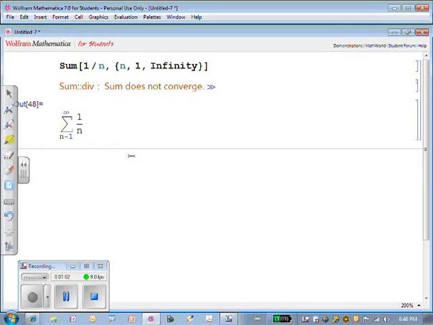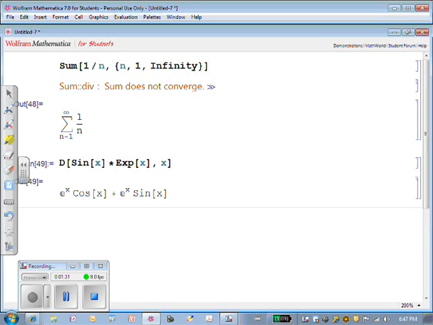Now, apart from series, there's a couple simple commands that might entice you to look more into Mathematica. It'll do all the calculus you need it to do. So, for example, if you wanted to differentiate, the command is just D. So I can differentiate anything I want. For example, if I want to differentiate sine of x times e to the x, and notice I'm throwing in a lot of syntax here, you have to put comma x to tell Mathematica that you're differentiating with respect to x. So it'll give you the derivative there using the